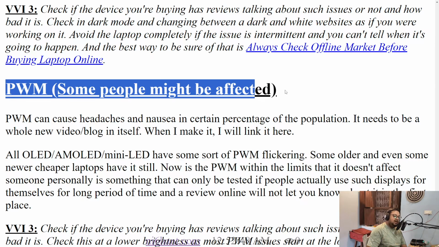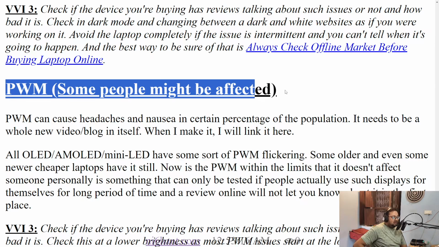But the main thing is that the lights turn on and off very quickly to give you an illusion that the display is dimmer. Quite a common thing with OLED, very common with OLEDs, AMOLEDs. There is a certain brightness, let's say 40 or 50% depending on the device,